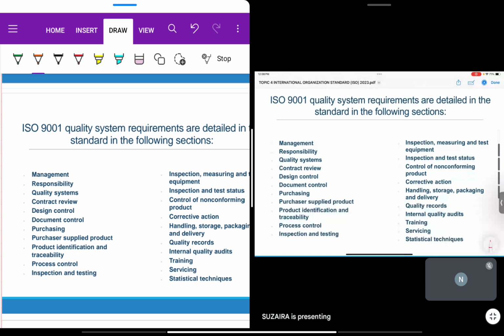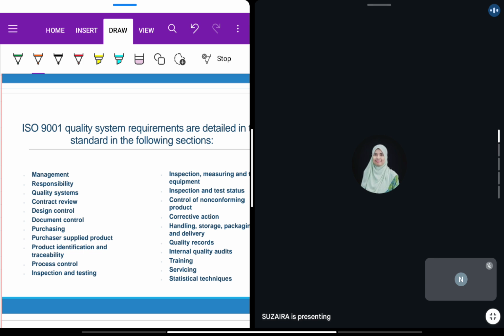We have management responsibility, quality system, contract review, basically from the suppliers, design control, more towards the specifications that we have for the product and the food package, document control, like verification and validations,